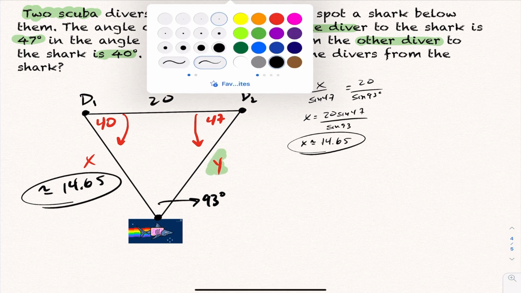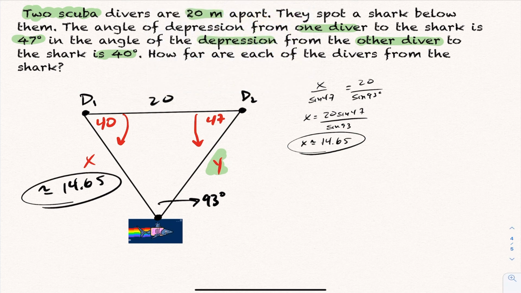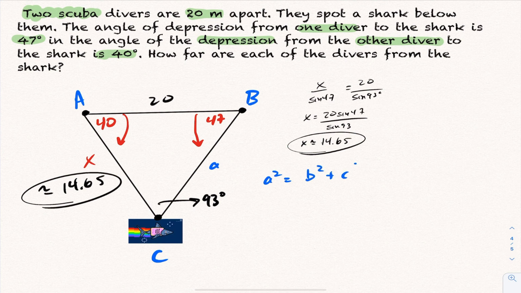We could solve this pretty quickly just using the sine law, but what I want to do here is go through the cosine law and show you guys how to do that. So if you want to use the cosine law, I want to label this properly. Label this with an A, a B, and a C, and we're interested in finding length A. If I want to find length A here, it's going to be A squared is the sum of the squares of the legs of the triangle minus 2BC times the cos of angle A. In this case here, you get A squared equals, approximately equal, I should say,